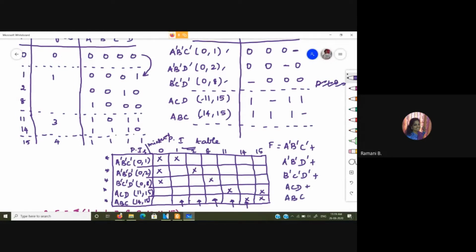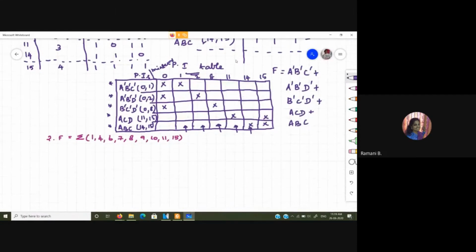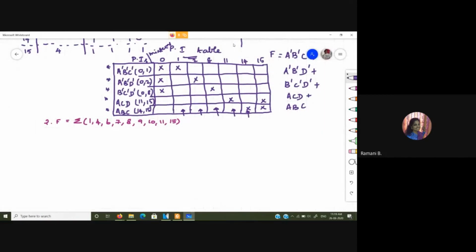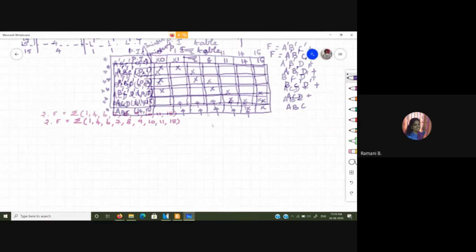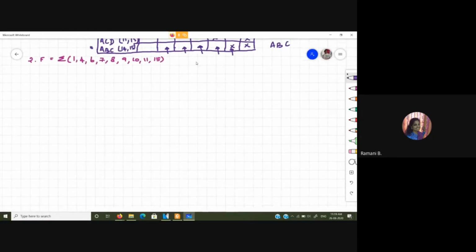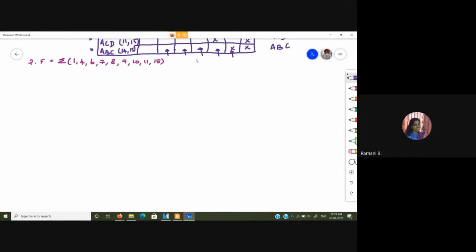So this is the procedure actually. So we shall see another example so that you will get a better idea. And I hope here we have all possible grouping also. Okay. So here in this,